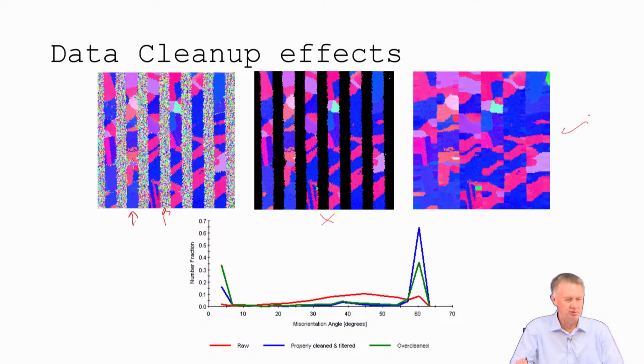which is not good, right? Usually X means not good and check means good. This one's not good because all of a sudden I've created a bunch of new boundaries along here, right? So now all these boundaries are going to be in my distribution. So you have to be careful when you're doing cleanup that you're not creating all these artifacts in the data. So that's why I always say don't clean up except for grain